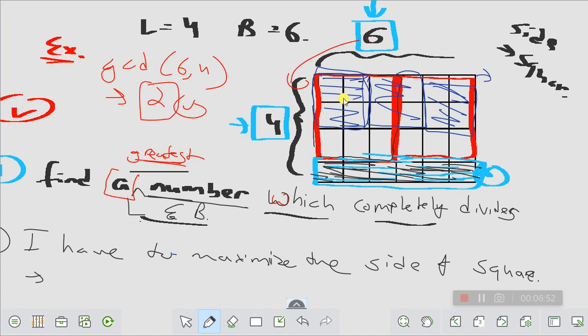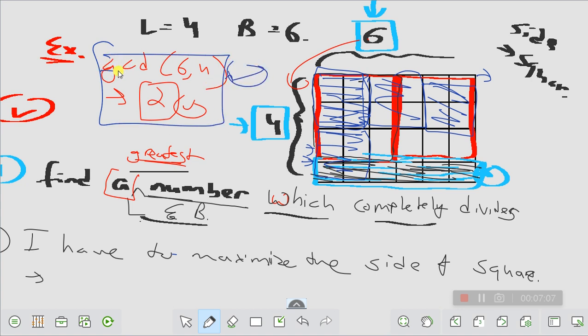Let's check for the row. I'm going to have my first square here, and my second square here. So even in the rows, I'm not having any residue left. So yes, this statement is true, and I can just find the GCD. And since this is the greatest common divisor, I will surely have the minimum number of squares. Now the question is,